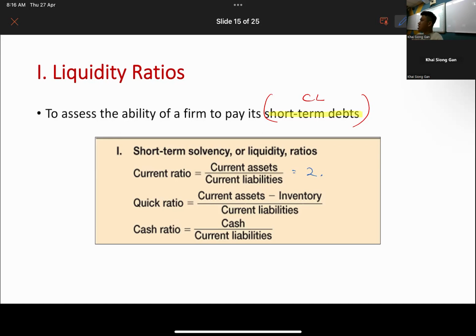Okay. Vice versa, we do not want the current ratio to be very high as well, like more than 3, 4 and onwards. Why? Because if the current ratio